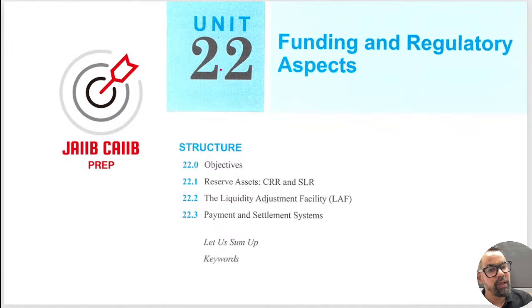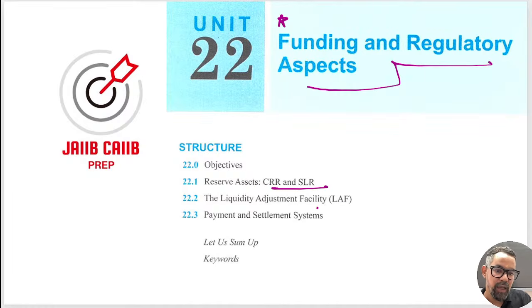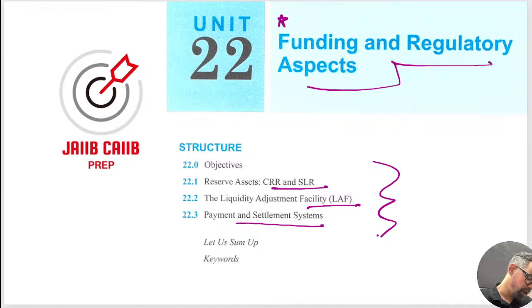This is very simple. Very, very simple. Funding and regulatory aspect: CRR, SLR, LAF, payment and settlement system. So here everyone will mark the correct answer. I'll give you enough time to solve those particular ones, okay? So that we can score good, okay? So that DTL portion is a bit important, okay? They do ask questions especially for the management of CRR. The exclusion items from the DTL and others generally come under this particular one, right?